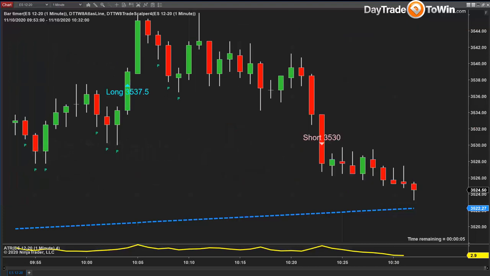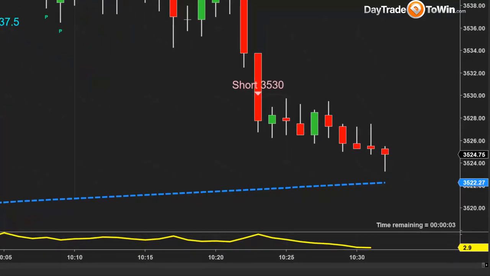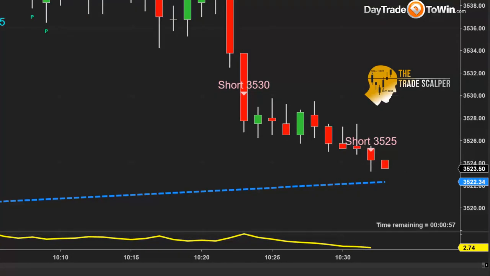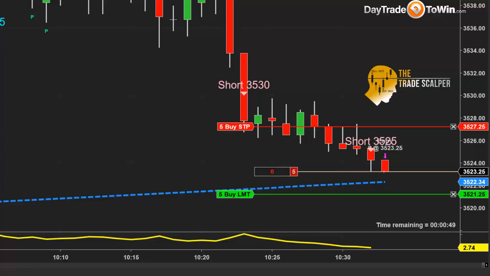But what we have here is a potential for another Trade Scalper entry. And there it is, the 35.25 short. I want to go short, and I want to try to get 35.25, but sometimes if you use a market order, you can have slippage. So you can see that the signal occurred at 35.25, and you jump in short as close to that price as possible without obviously chasing it, and now you let the ATM strategy, the automation, take care of the targets and